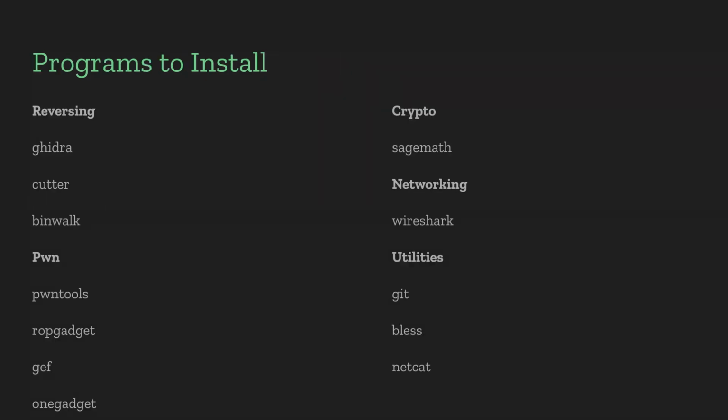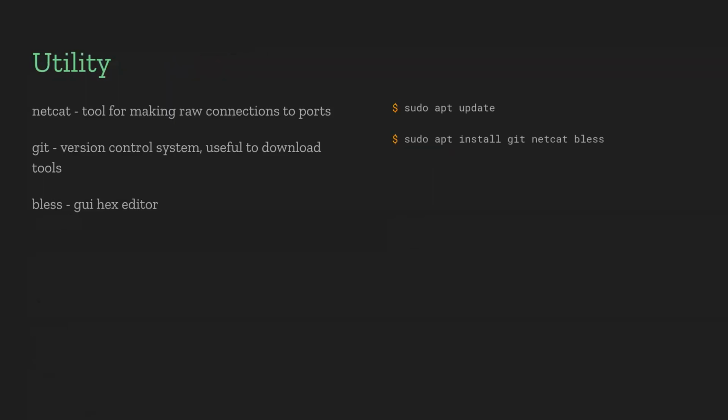And then as far as Linux programs to install, if you just have a straight up Linux distribution, it's not going to be super useful for CTFs, just because you don't have any of the utilities that are required to do things with CTFs. So I've listed a bunch of different programs that I would recommend and what categories I would recommend them for. So as far as general tools that you will need for CTFs, like general utilities, you probably need